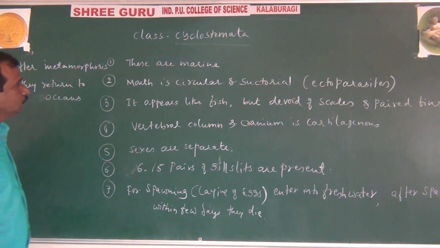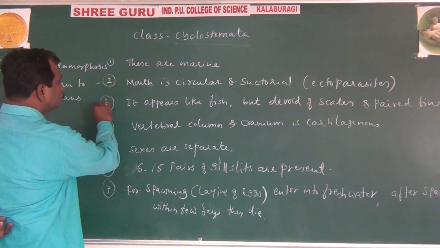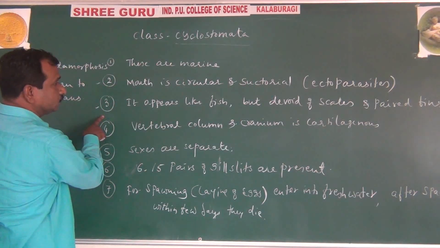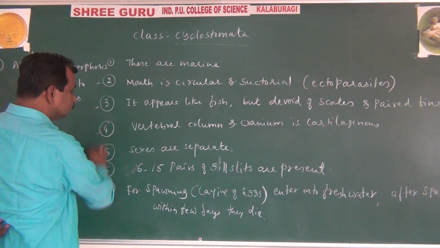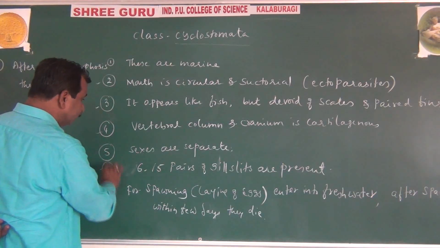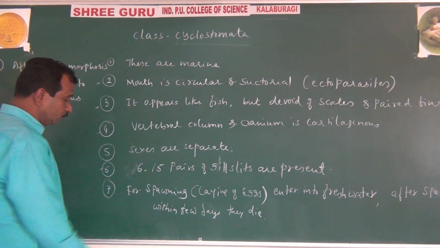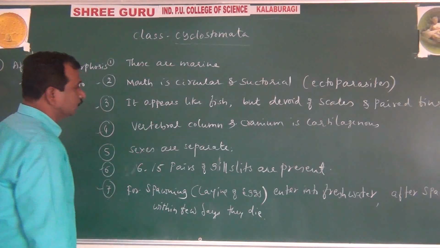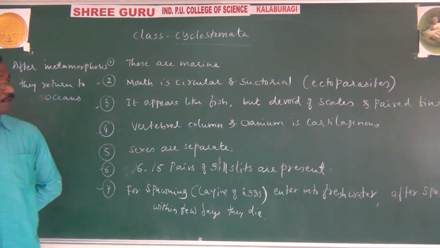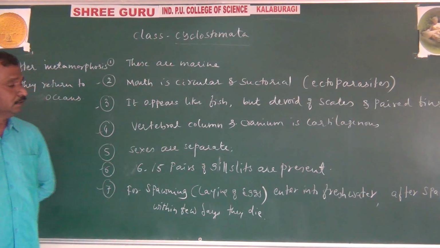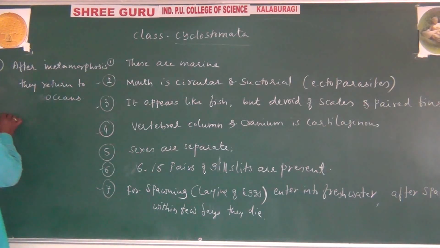We have to see the unique features. Now two, three characters are there: cartilaginous, and 6 to 15 pairs of gill slits are going to be found. This one is also important. CET questions normally are going to be asked. For example, we have to write